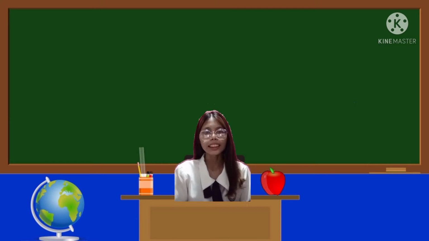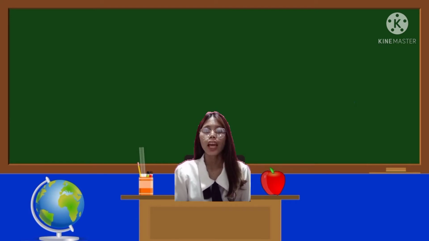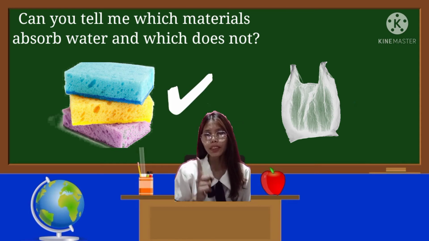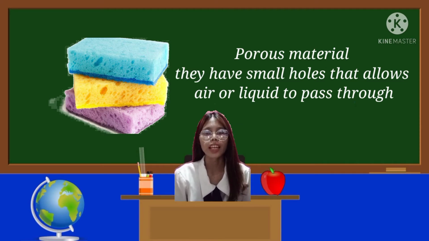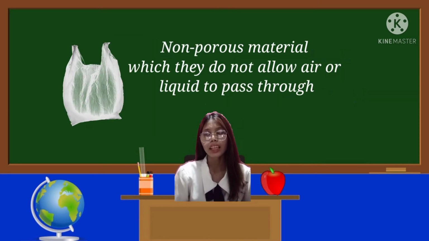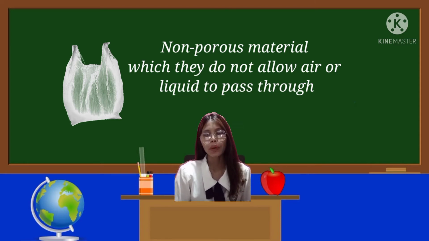Very good! Last time, we talked about the materials that absorb water. Can you tell me which material absorbs water and which does not? You got it right! The sponge absorbs water. It is an example of porous material. They have small holes that allow air or liquid to pass through. And the plastic bag is an example of non-porous material, which does not allow air or liquid to pass